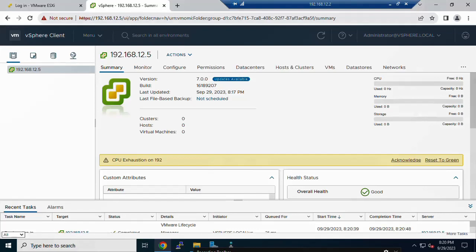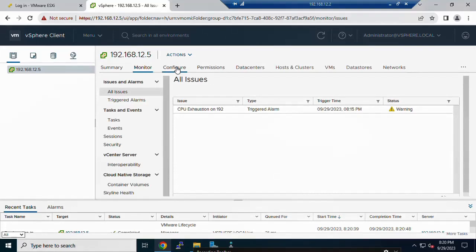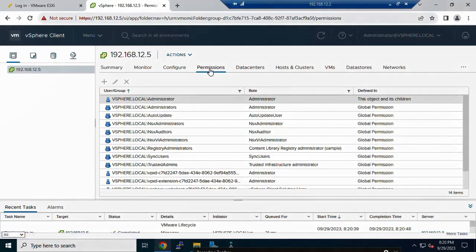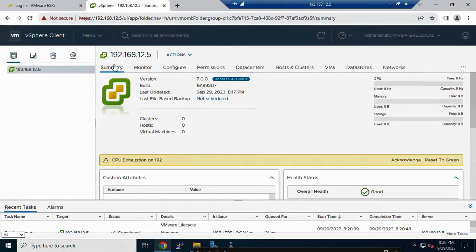So what's the next step we are going to check? I will show you here. This is my vCenter which I have installed by following the steps, stage 1, stage 2, and check. This is the monitor, where we can monitor the configuration. This is the permission which we are going to assign. Next, this is the dashboard of vCenter. Now I am going to jump to adding the ESXi server